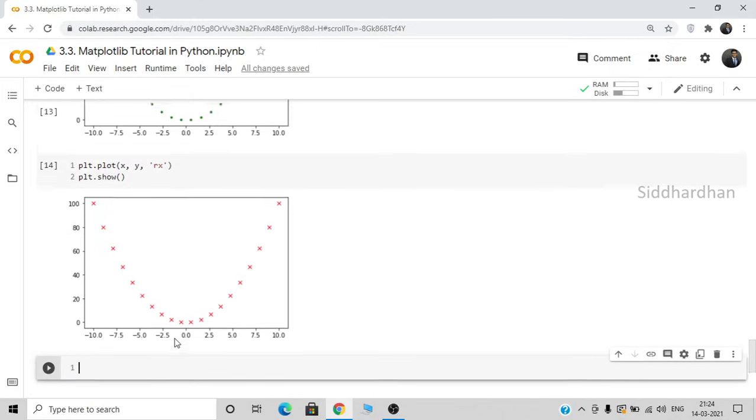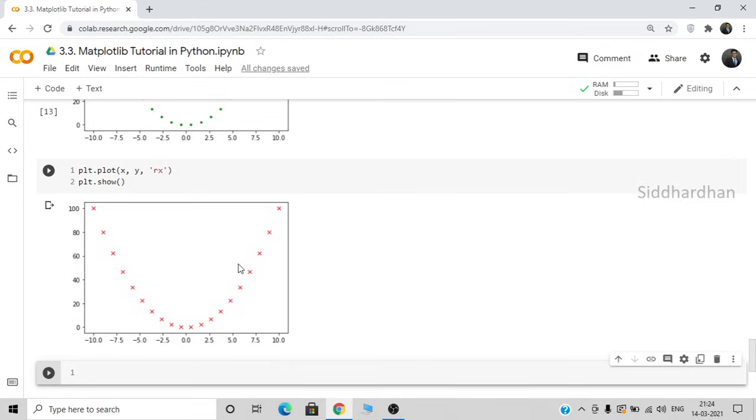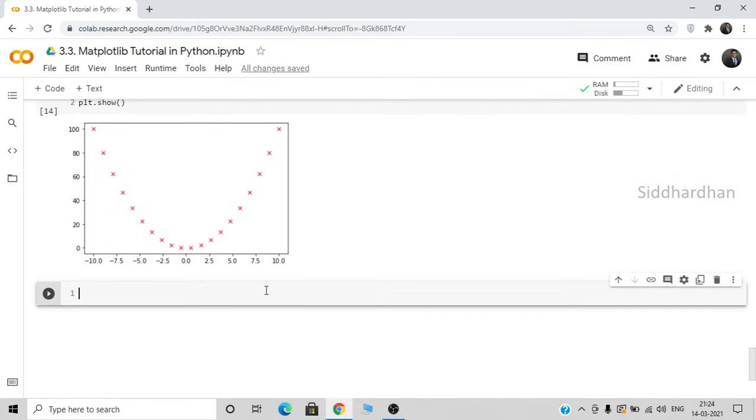So you can refer to the Matplotlib documentation. You can just search Matplotlib documentation in Google. It will take you to their official site where you will see the explanation for all their functions and other things as well. There you can see what are the different colors and different symbols you can use for these particular plots. Okay, so now I'll tell you how you can plot multiple graphs or multiple lines in a